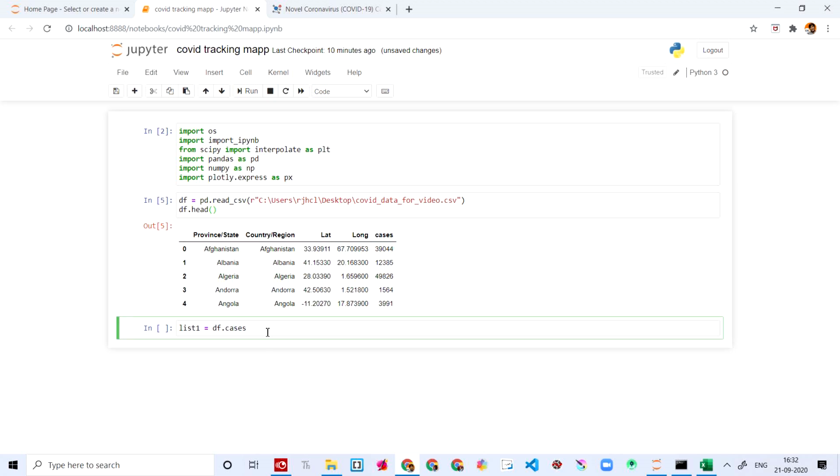You're not supposed to put the date. You can rename it anything else also. You're gonna say values.tolist. That just means that you have to show it in a map. That's just a list. I'm gonna explain it to you. Let's run this. You're lucky if you don't get any error.